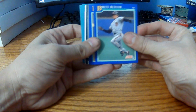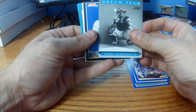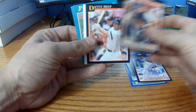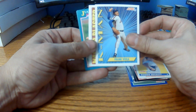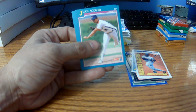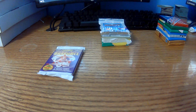And we start off with Brett Butler, Ken Howell, Mike Bielecki, Benny Santiago, George Brett, Sil Campusano, Ron Karkovice, Danny Heep, Robbie Beckett, Frank Viola, Cecil Fielder, Dave Stieb, Juan Agosto again, John Shelby, Calvin Schiraldi, and Darnell Coles. And in pack number 2,